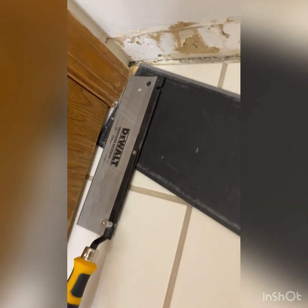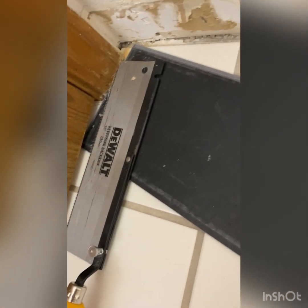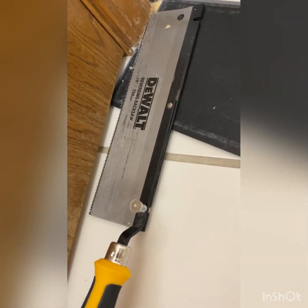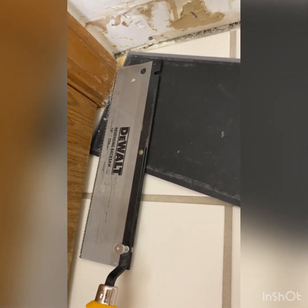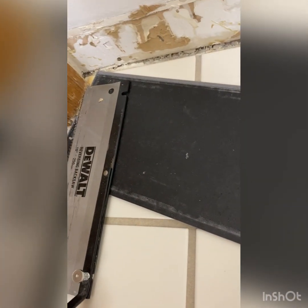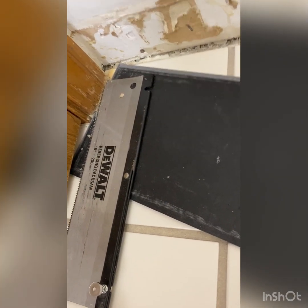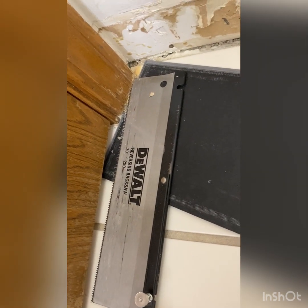Okay, so I found my undercut saw. It's a DeWalt, it's just a handheld saw that you use. And, you know, it changes. I'll show you the blade switches so you can switch sides. Basically what I did is I took one of these vinyl planks and I put it face side down on the tile so I could get the height of where I need to cut, but I didn't want to scratch up the face of the plank, so I turned it over so that I am rubbing the saw against